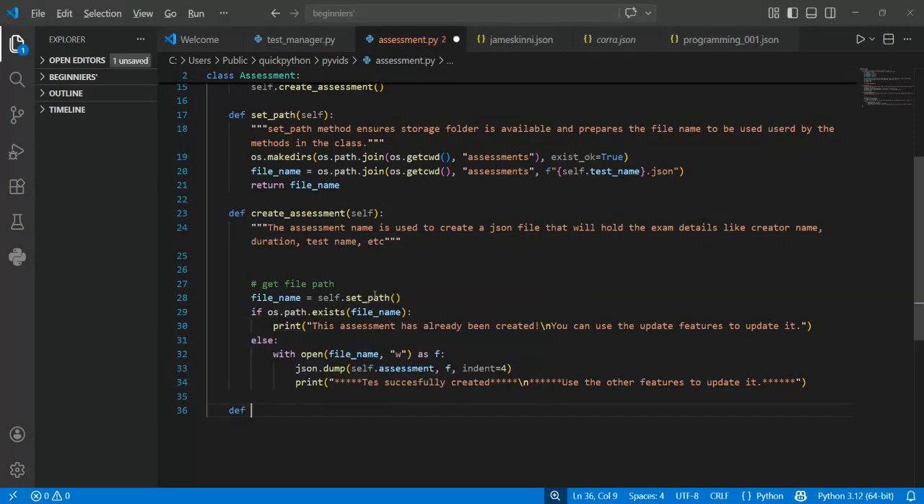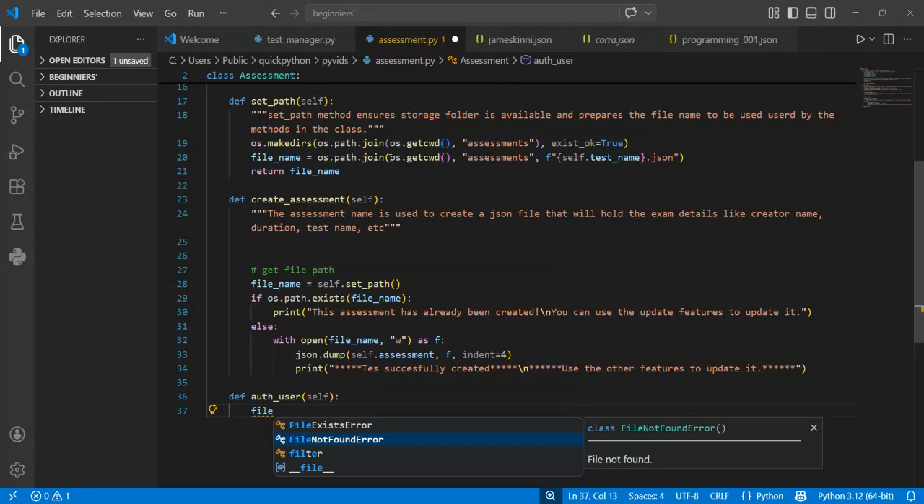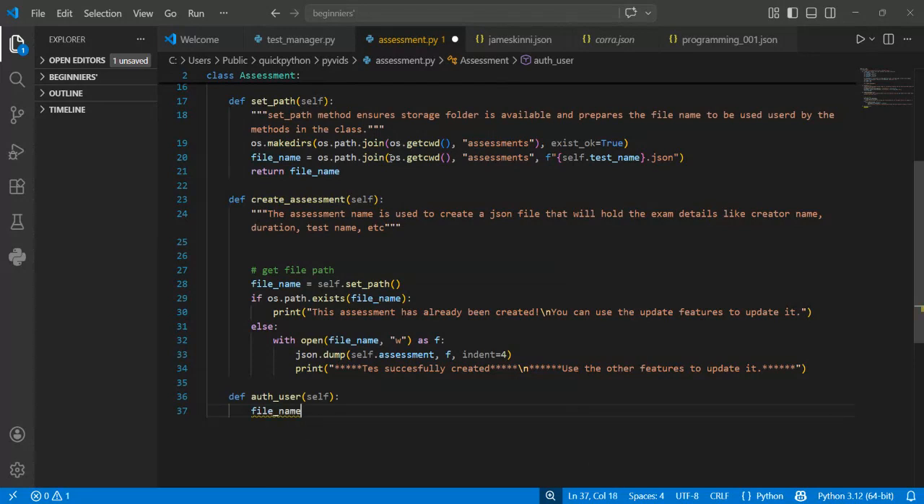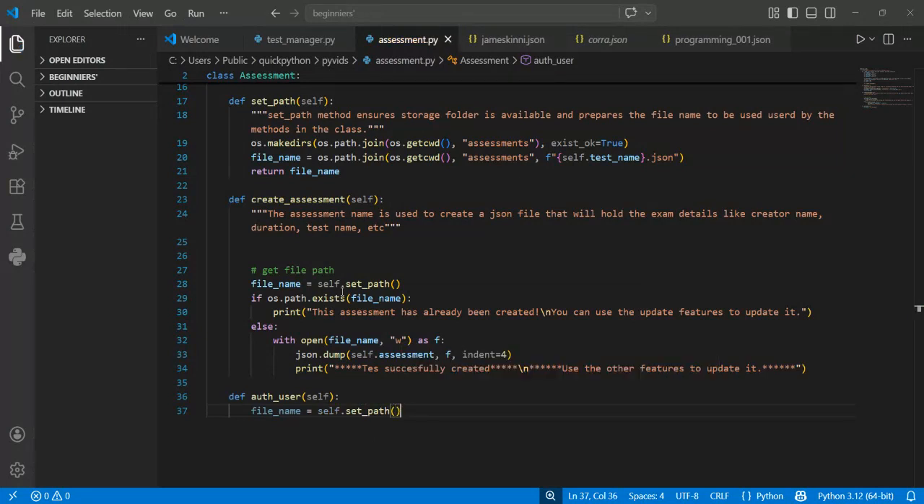And that method is called auth_user. So this method is going to also get the file name from the set_path method we talked about. Remember, we talked about creating reusable components that we can use over and over again in our program. Now we're getting to use the set_path method again. So file name equals set_path. It's going to return the file path,